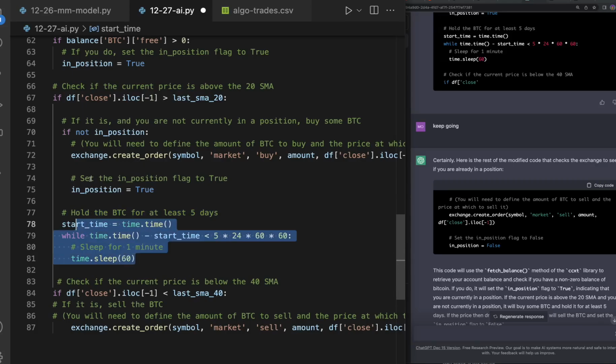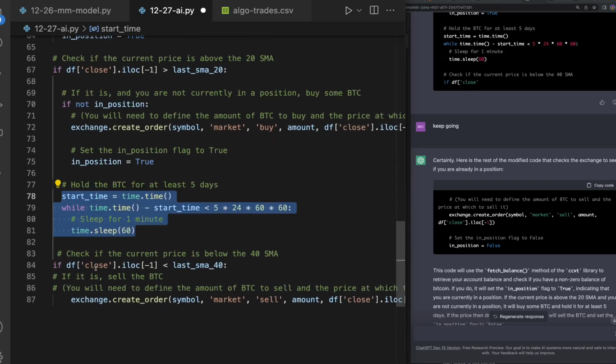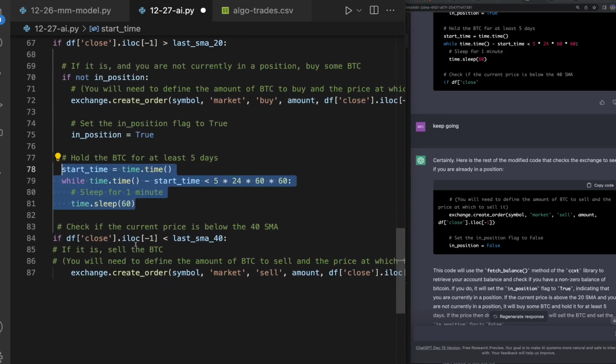It's just going to make the order. It's going to be a market order. And then it's going to sit for 5 days. And then it's going to check if the data frame close.iloc[-1]